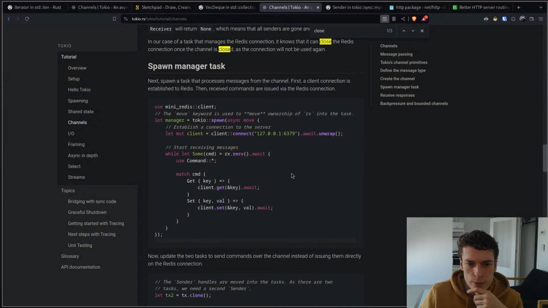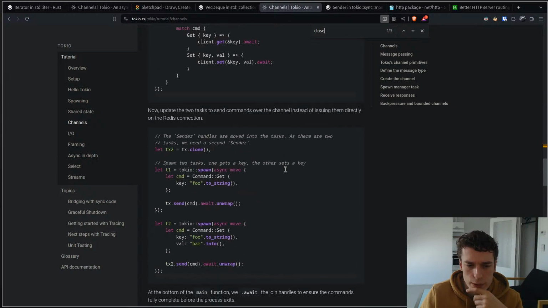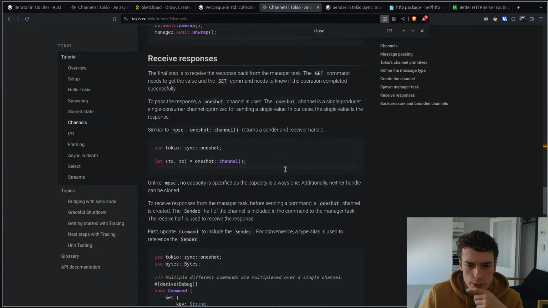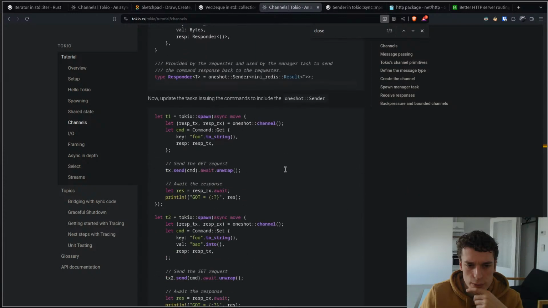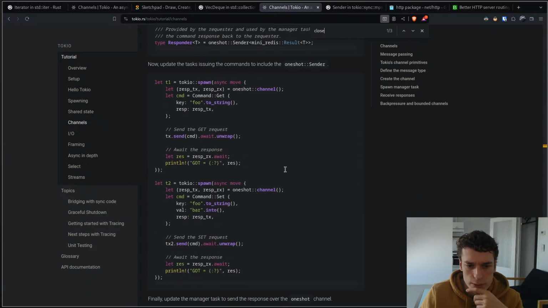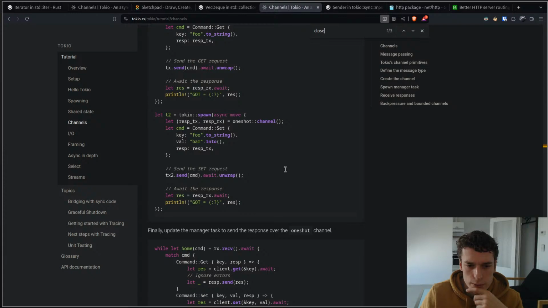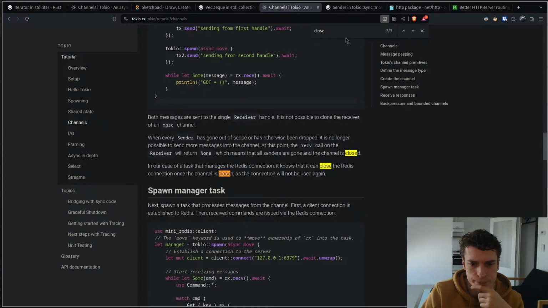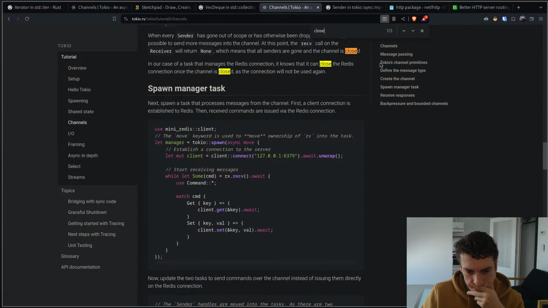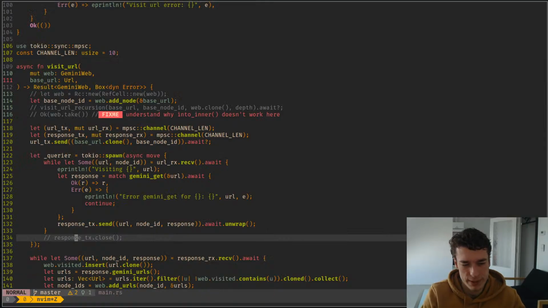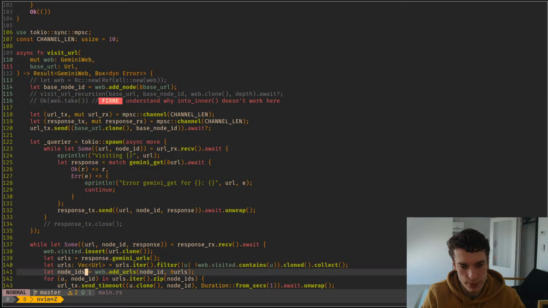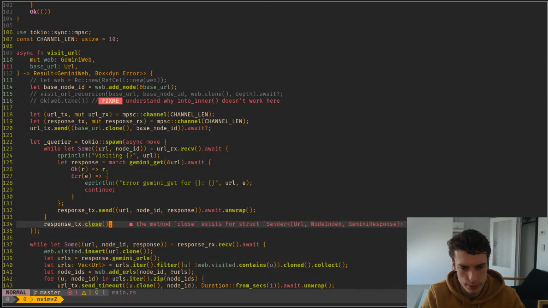But do I close on the receiver or on the transmitter? I'm guessing I close the transmitter so that this receiver knows to return none, but it does not